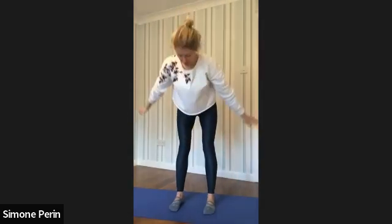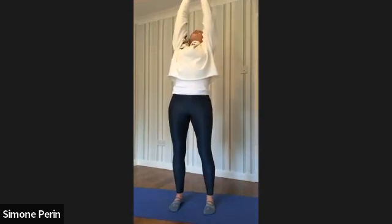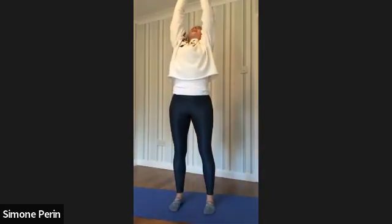Sweeping down, standing forward bend, breathe in, breathe it out. Sweep up, prayer position hands above the head, little upper back extension. Breathe those arms wide, dive forward, standing forward bend. Breathe the arms wide, prayer position hands, slide it down to the heart center, start walking those feet out, in,